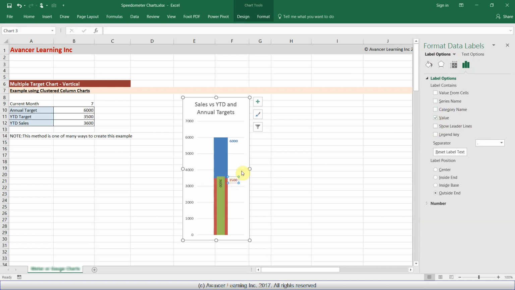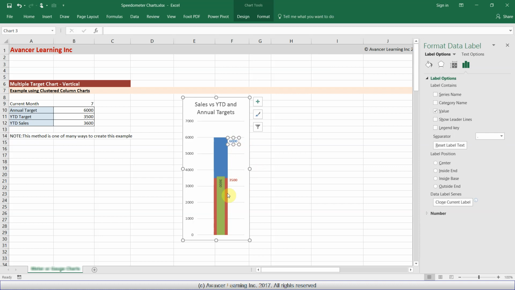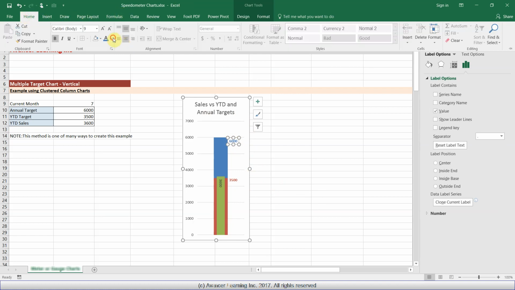So there we go, the leader lines are taken off, and you can decide if you want to do any more formatting to make these more explanatory of what they are. So the reason why I selected the same colors as the column is, one is to identify what they are, and the other is, if you select a color from the standard palette,